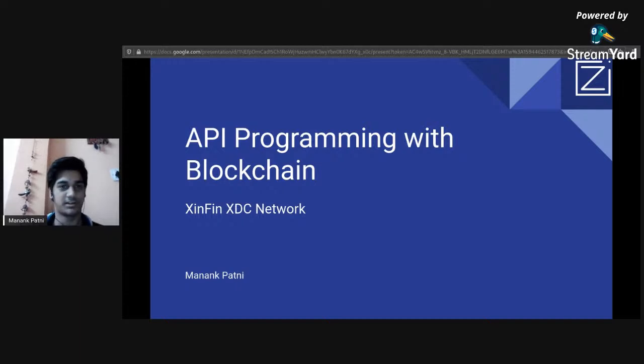So to get everyone acquainted with the basics of blockchain, let me tell you what exactly blockchain is, so that anyone who doesn't know anything about blockchain doesn't feel left behind during the entire webinar. A blockchain is basically a digital ledger. A ledger is a record of financial transactions in accounting terms, but here it is in the form of data. So a blockchain is basically a ledger of data where this ledger is